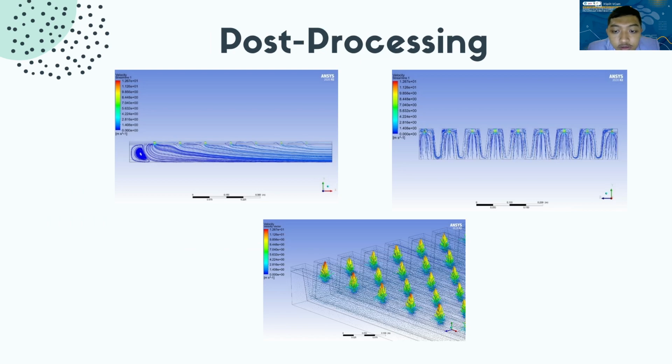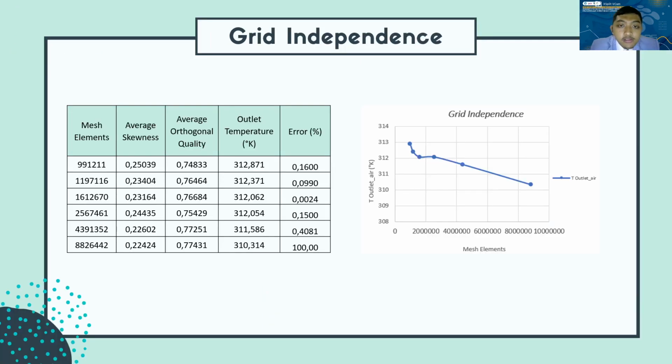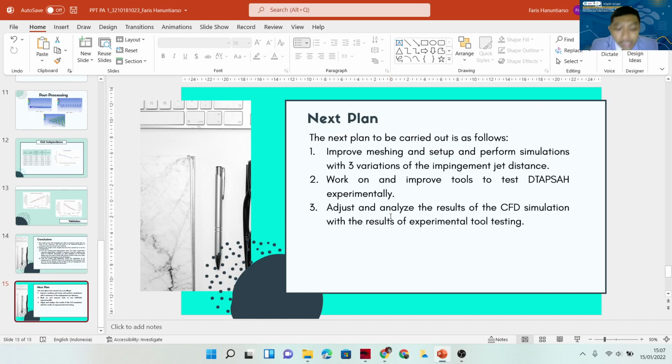And this is a velocity vector, and this is the grid independence. For the grid independence, the small error obtained by data tree with error is 0.0024%, with outlet temperature is